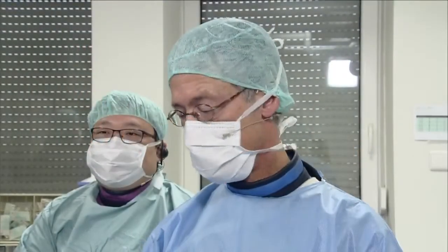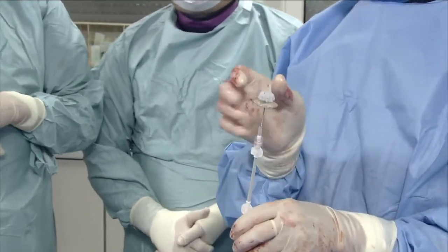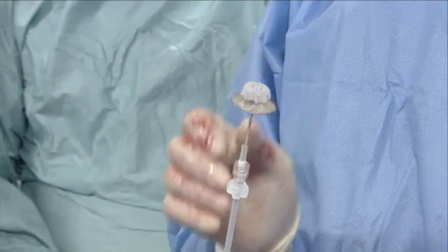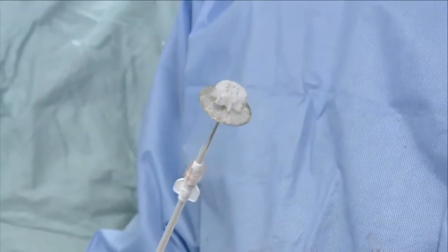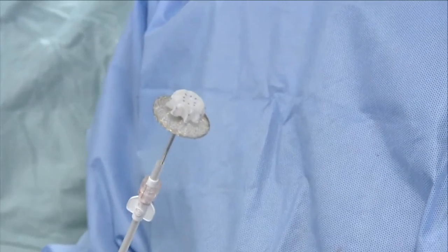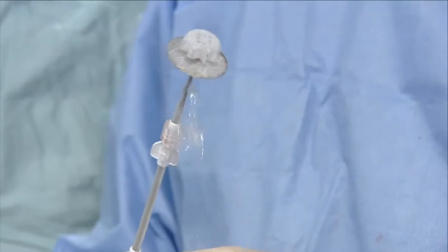Welcome back. So with me is Yatin Lam now. He has the largest experience in the LAMBRE device. We have used the 18 by 32. So that means the diameter of the distal part is 18. This one is 32. This device has to be carefully flushed with a pressure infusion line, and you have to use this pressure infusion during the procedure. So I'm just pulling it now back into the...